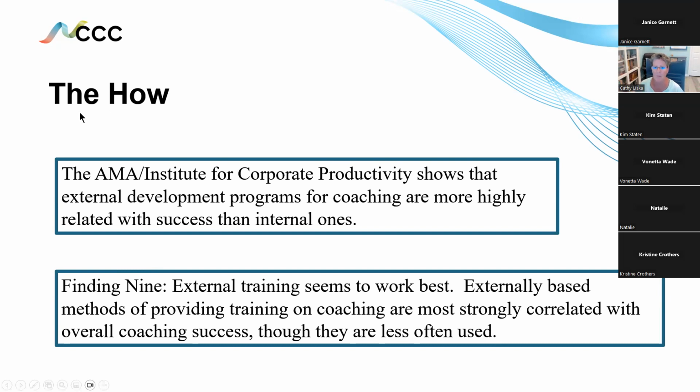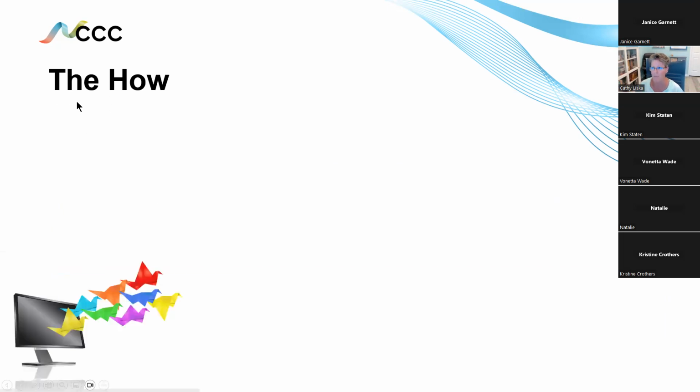Okay, so let's keep going into the how. First off, when you're going to start incorporating coaching with HR, with training, talent development, org development, et cetera, it's important to do your research. You've got to have, for example, some of the statistics, et cetera, because what you want to do is create organizational buy-in.